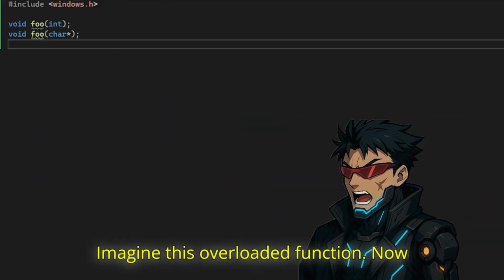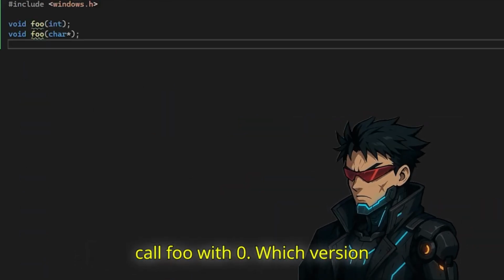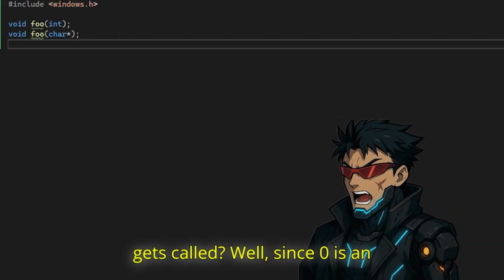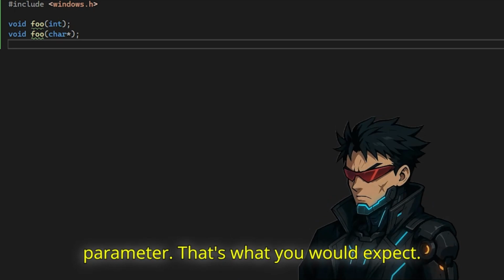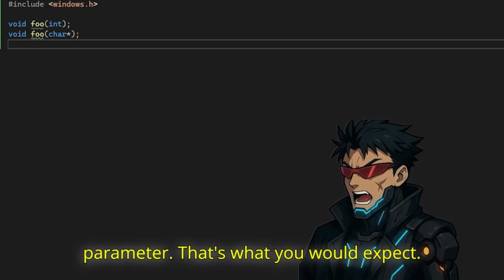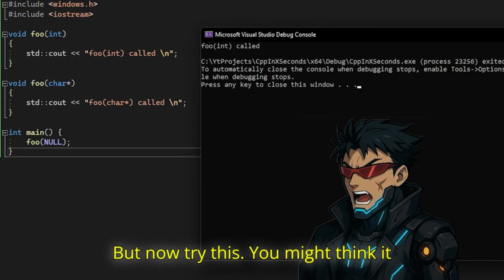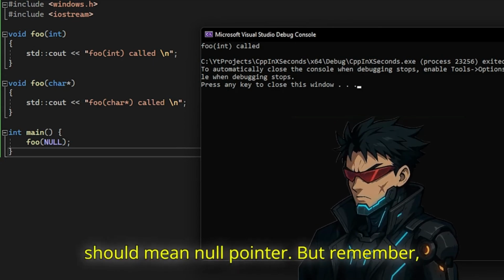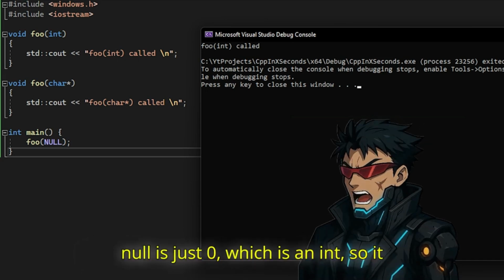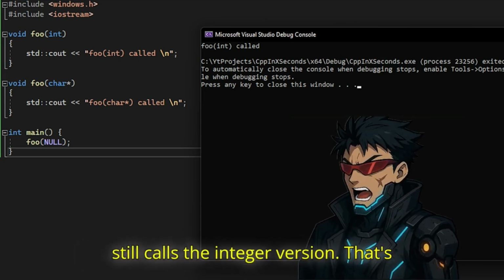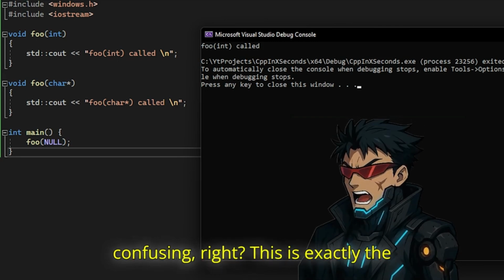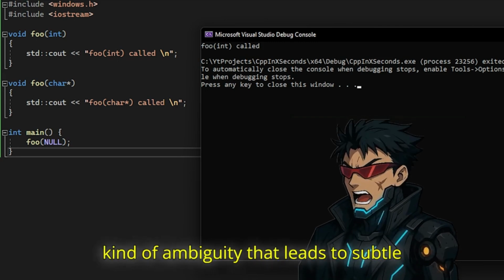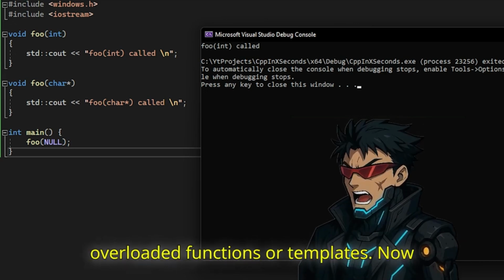Imagine this overloaded function. Now call foo(0). Which version gets called? Well, since 0 is an int, it calls the version with an int parameter. That's what you would expect. But now try this, foo(NULL). You might think it would call the char pointer version, since NULL should mean null pointer. But remember, NULL is just 0, which is an int, so it still calls the integer version. That's confusing, right? This is exactly the kind of ambiguity that leads to subtle bugs, especially when working with overloaded